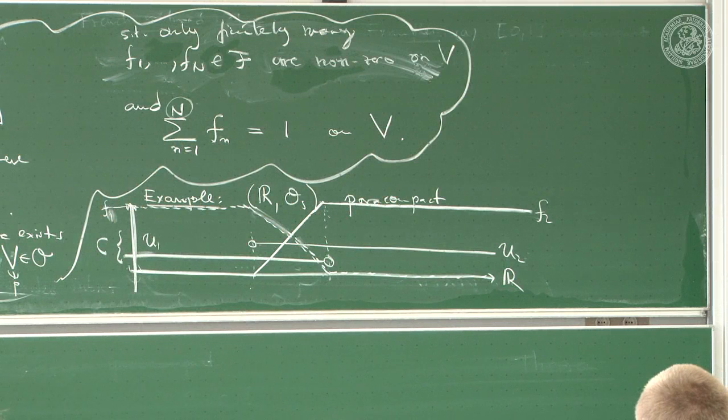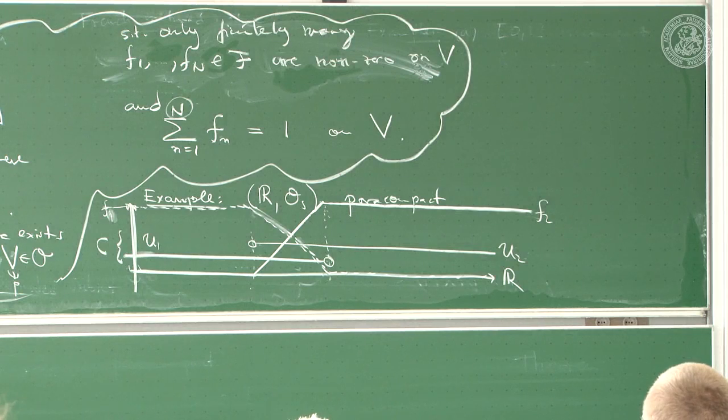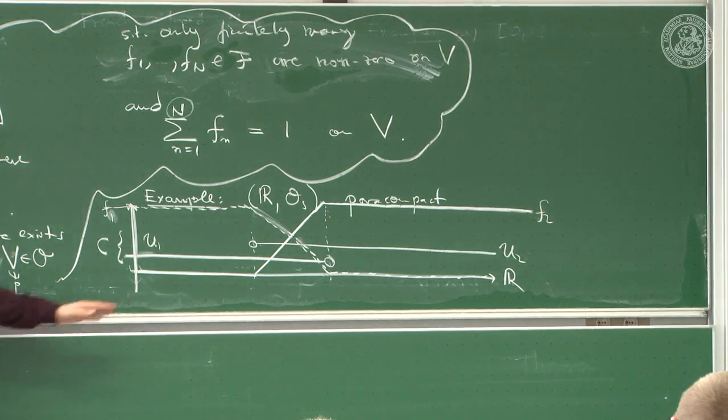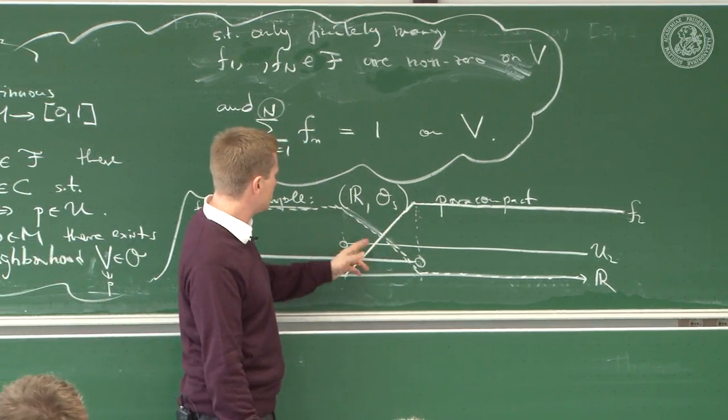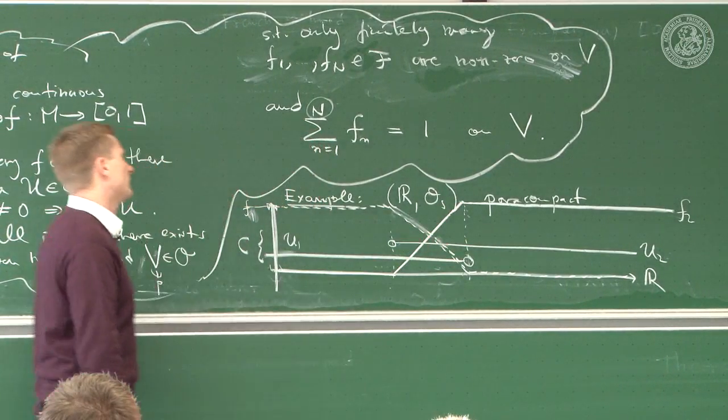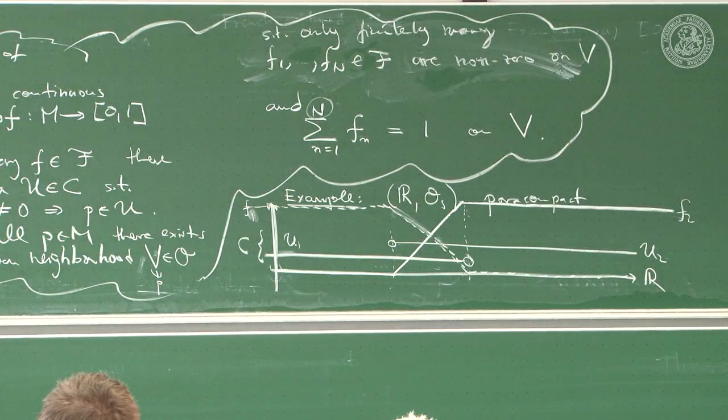So I found two continuous functions such that for every one of the functions, I have only two, f1 and f2, there exists a u in the cover such that the functions are only non-vanishing on this particular u. Well, they can overlap. They can also be non-zero on another u,